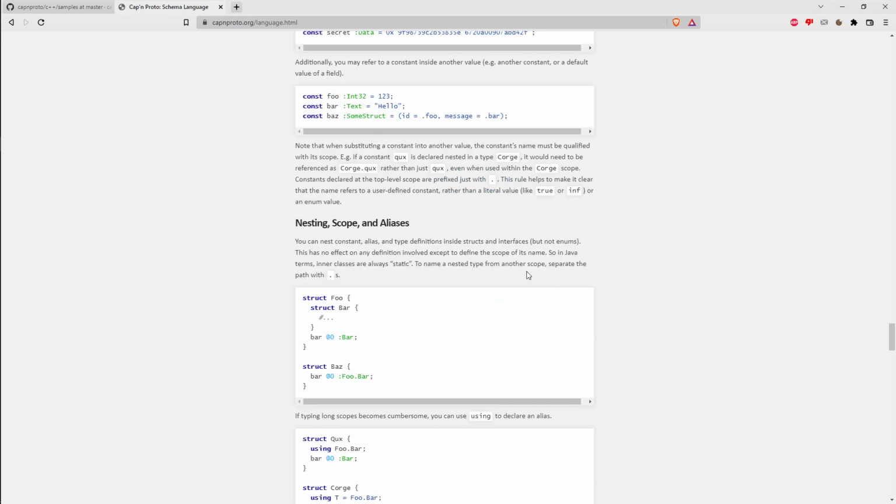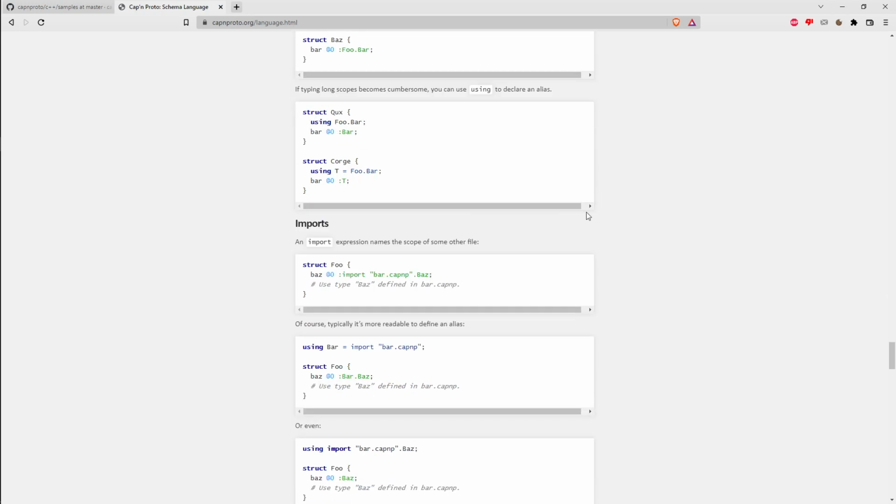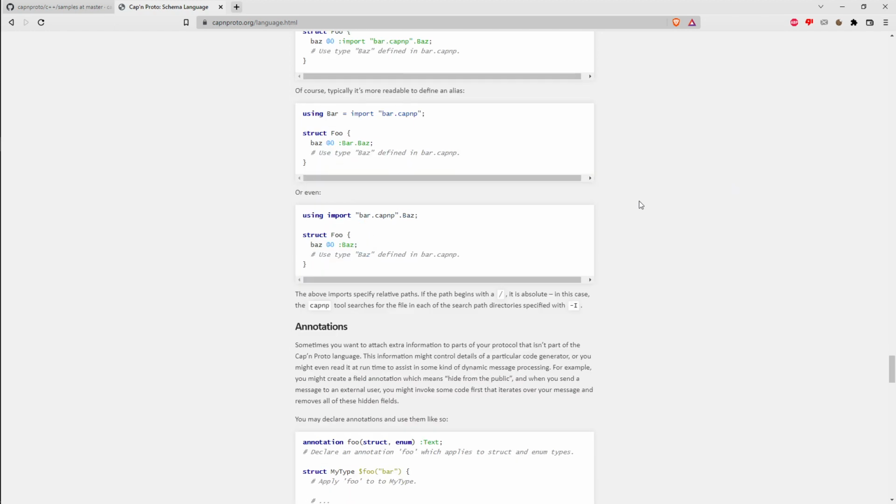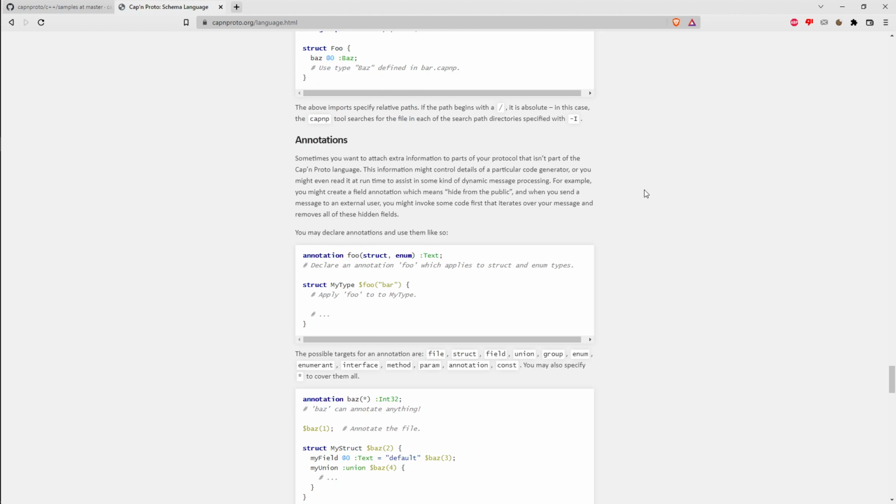There's generic methods as well as generic interfaces. You can define constants, and there's a way to specify scoping and aliases. There's a way to put common definitions in a file and then import that file. You can import all the definitions, or you can import them with an alias, or you can import just specific definitions from the file. There's also a way to associate arbitrary annotations with pieces of your interface description language, and you can use that to associate extra metadata with the interfaces. The metadata is not communicated across the network, but is queryable from code, so that you can use that to